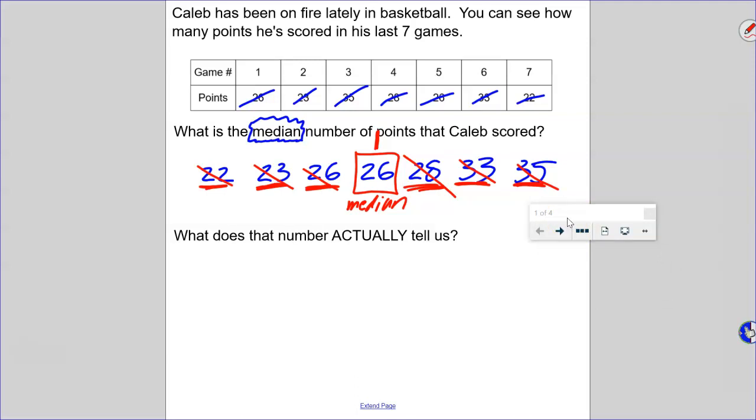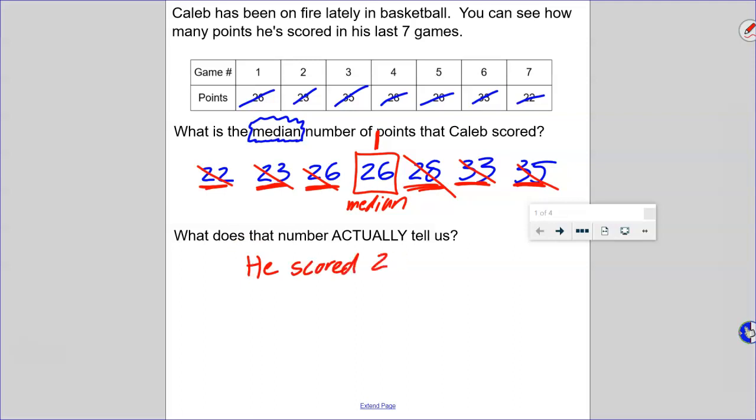So what we can see is for half of his games, he scored 26 or less points. And for half of his games, he scored 26 or more. That's essentially all it tells us. So that's what I'm going to write down. When it asks us, what does that number actually tell us? It tells us that he scored